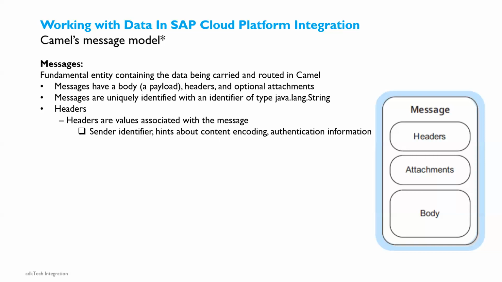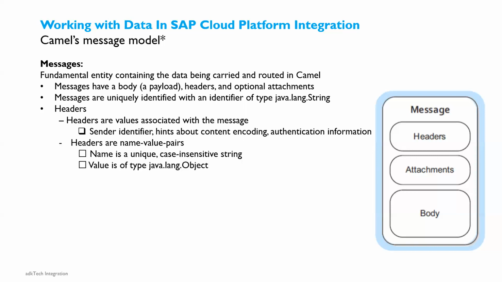As we are on the cloud environment, authentication information should also be there in our header section. It is mainly a name-value pair. Name is a unique case-insensitive string, and as a value